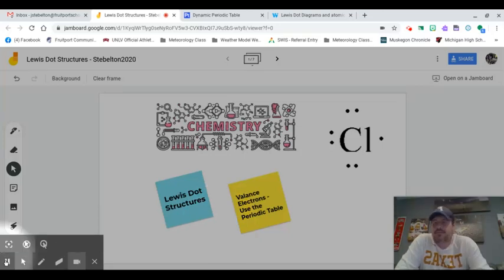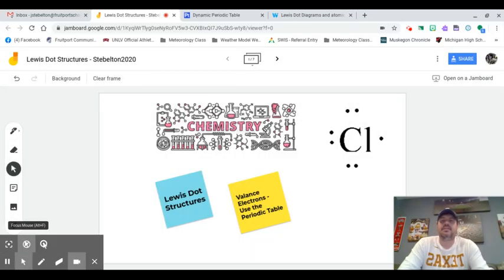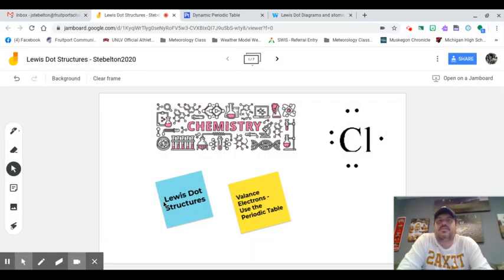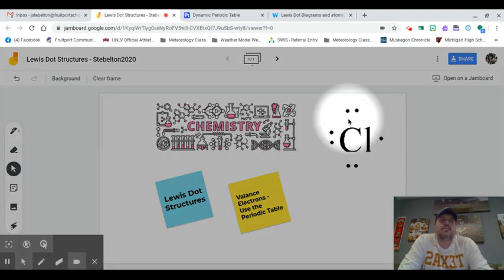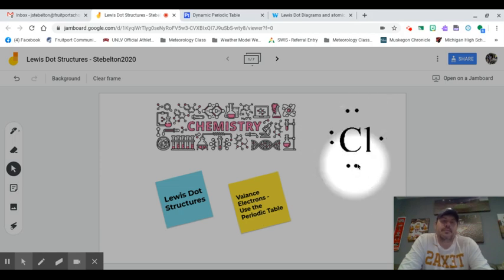Hey, it's Coach Stapleton here, and today's lesson will be on Lewis dot structures and how to place the valence electrons around the symbol to create a Lewis dot structure. An example of a Lewis dot structure would be this right up here. Okay, so chlorine, and the number of dots is equal to the number of valence electrons